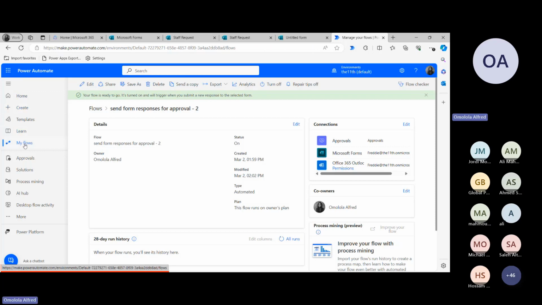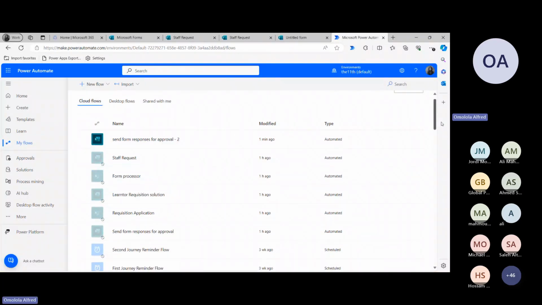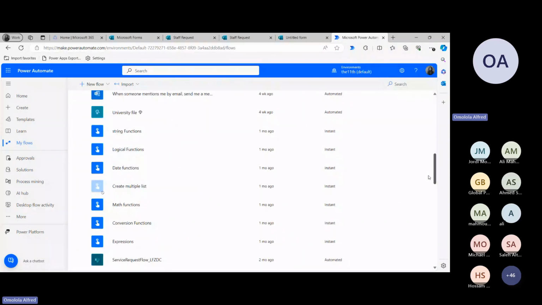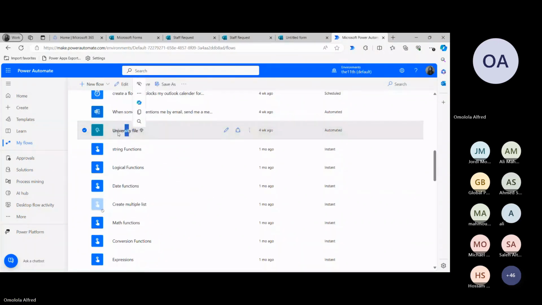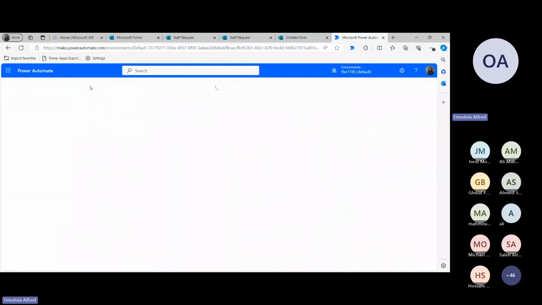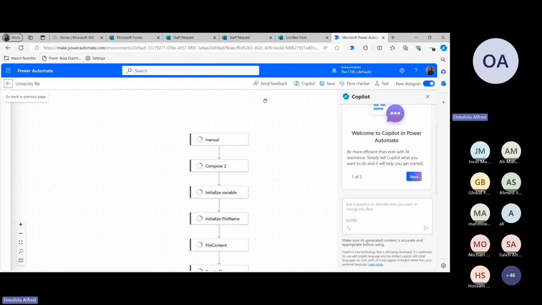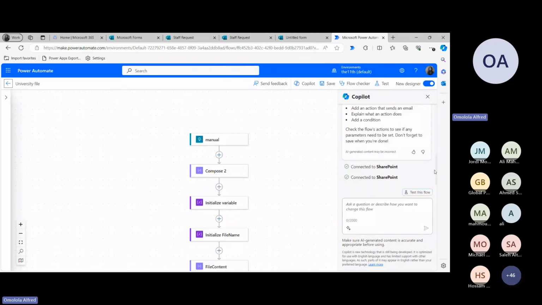So I'm going to go to the flows that I have before. I'm just going to pick this particular university file. All right, I'm going to edit. Okay, so long that I'm using this new designer, I can just tell Power. So now, remember I told us that one of the things you can use Power Automate for is you can actually tell Power Automate that